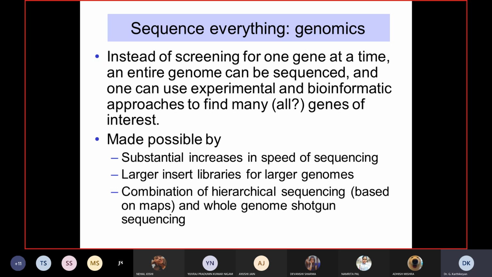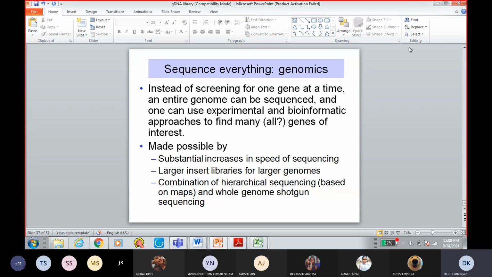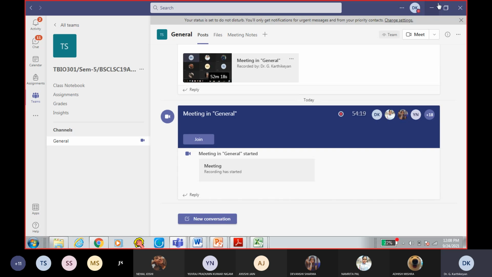Okay. And this is something that I said. You can now sequence everything, and the sequencing cost used to be fairly high, but now the sequencing costs have come down, and you can do sequencing for a fairly reasonable price, right?